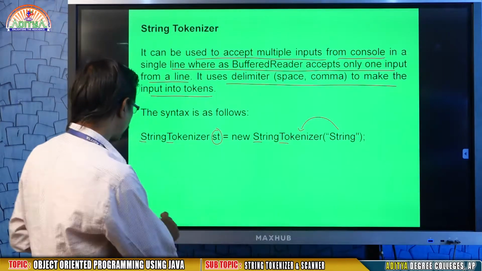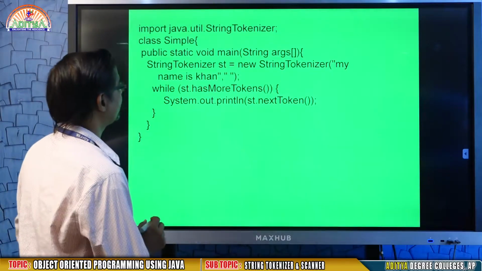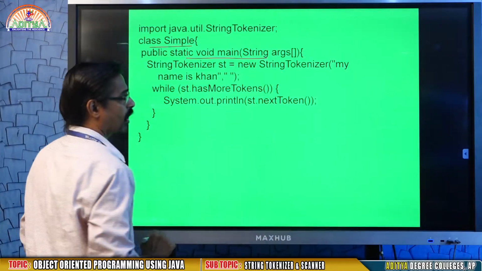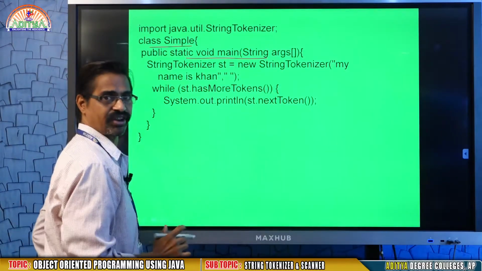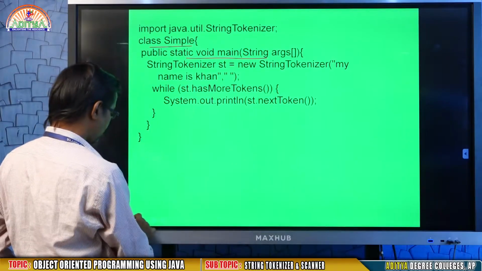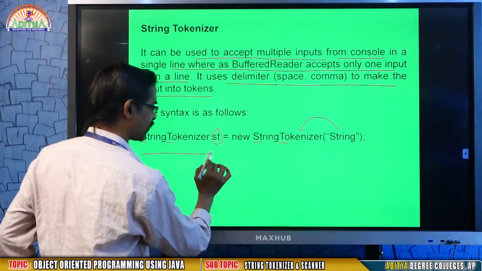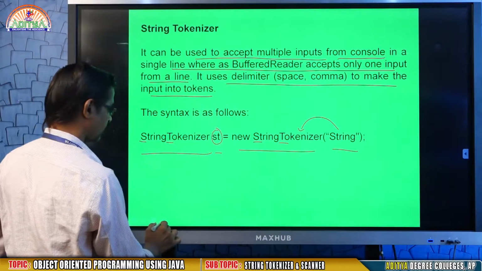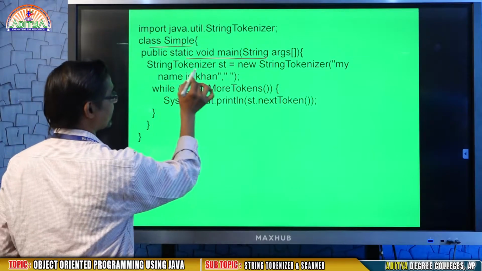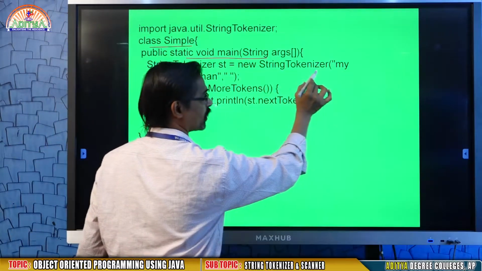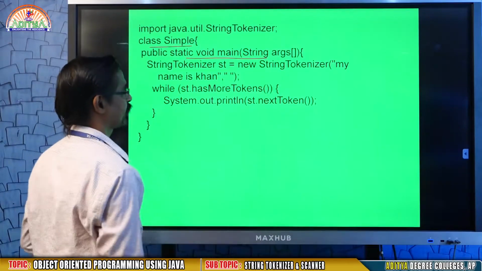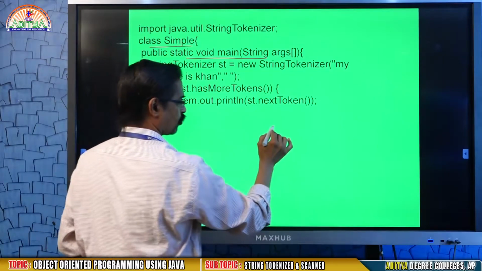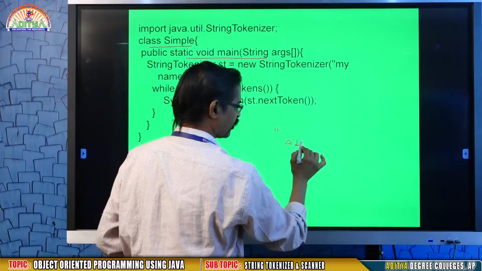Now we will see an example. See this one. Class name, public static void main. Now the concept is, I want to give a string. Assume this is the declaration: StringTokenizer, some object equal to new StringTokenizer of some string. This is the double quotation matter. So in the double quotation, you are going to enter Aditya Degree College,